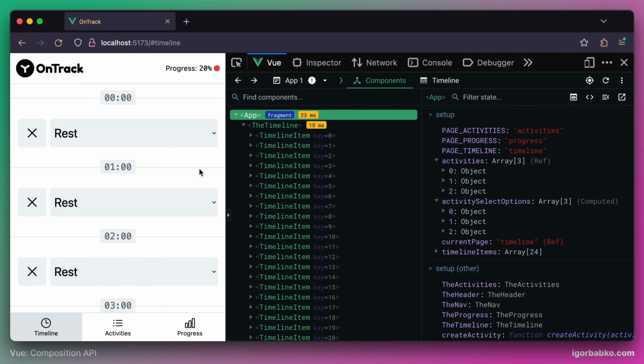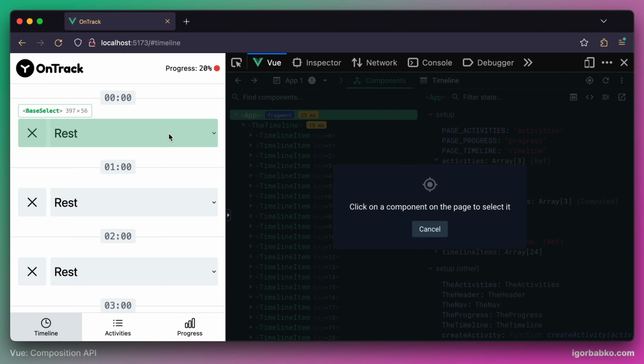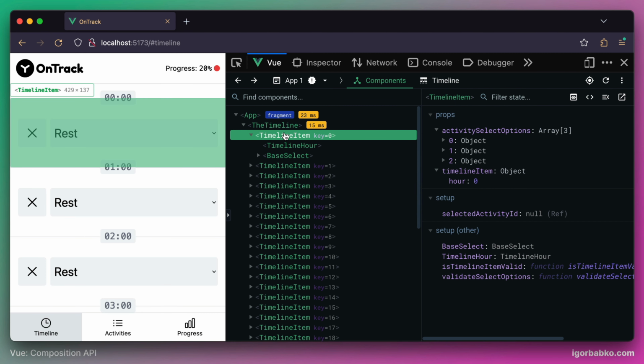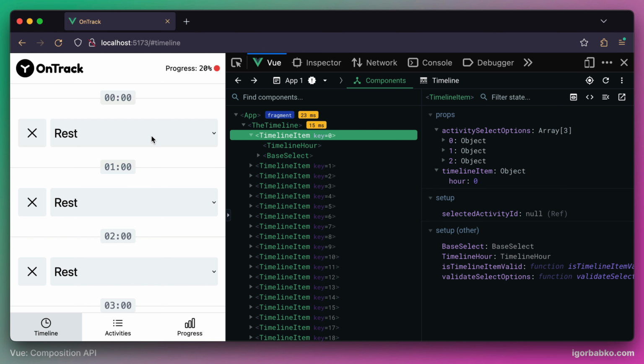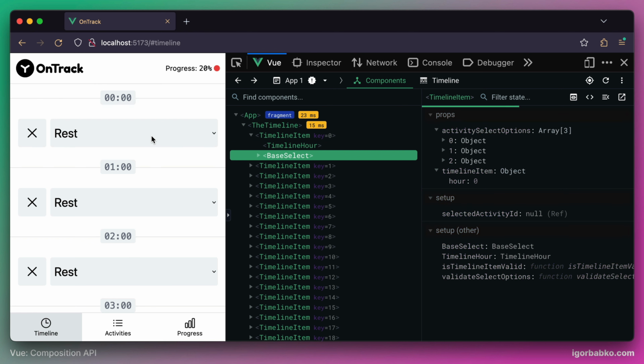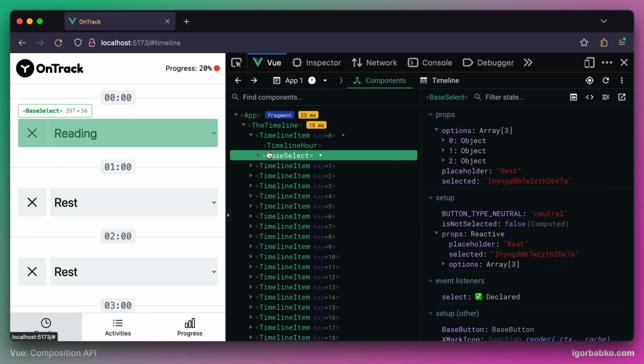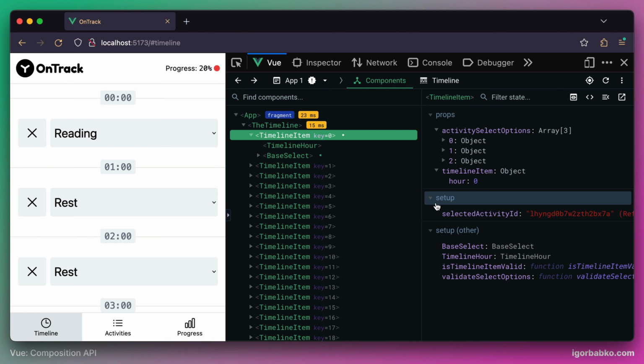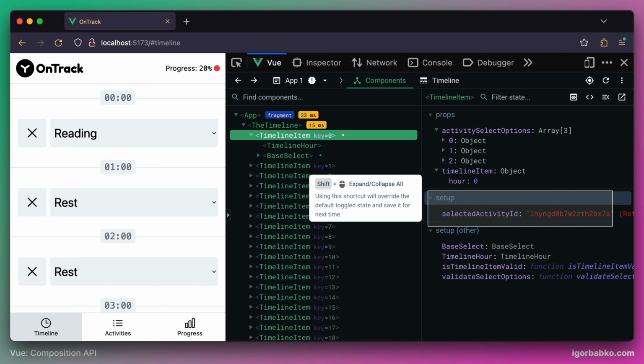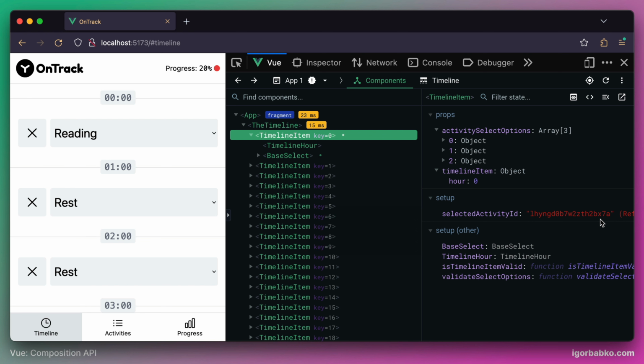These select boxes on the timeline page are used to select a specific activity for every hour, and every hour in our application is represented by a timeline item object. But whenever we select a value by using this select box, we are not modifying any properties of that timeline item object, but instead a separate local variable called selectedActivityID within the timeline item component gets modified and assigned a value of the